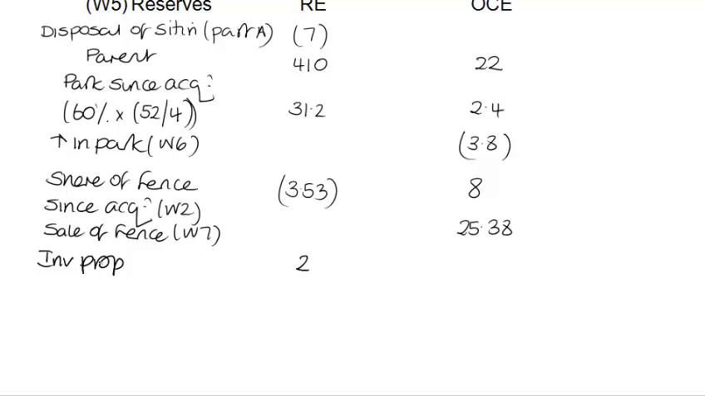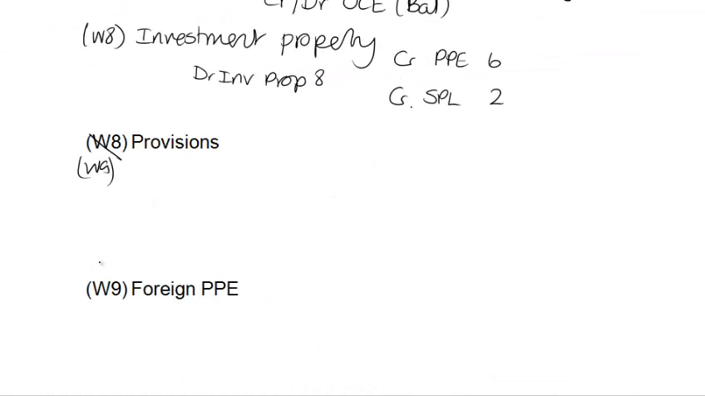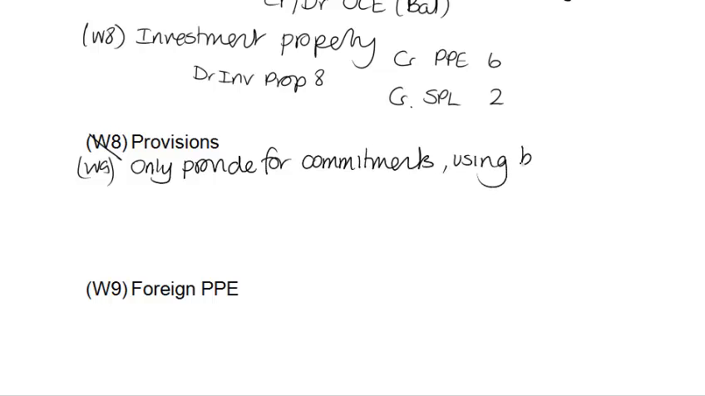Note 5, Grange anticipates it will be fined $1 million by the local regulator for pollution. It also anticipates it will have to pay compensation of 6 million, although this is only the best estimate of the liability. In addition, the regulator has requested that certain changes be made. Well, requested is not a commitment. You don't have to make those changes. So I've got a note for provisions. We only provide for commitments using our best estimates